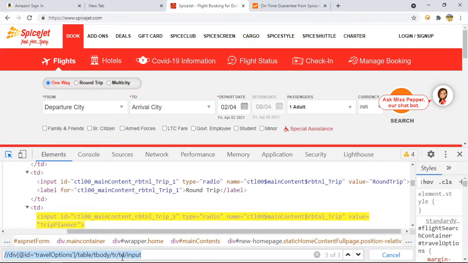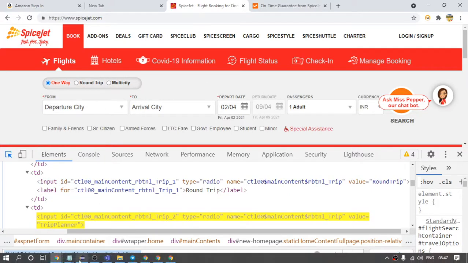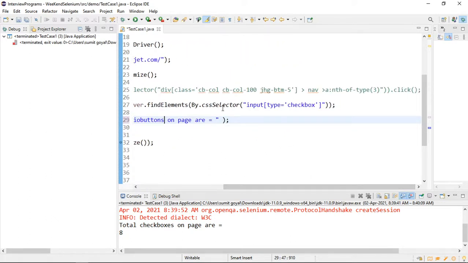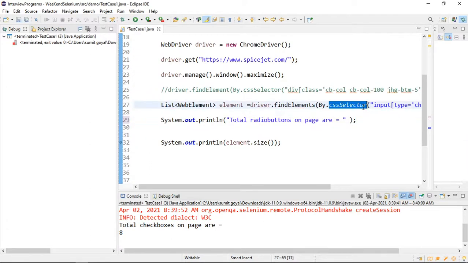So if I want to validate how many total radio buttons are on the page, how can we do it? So this is driver.findElement by.xpath. This time we are using XPath, right?